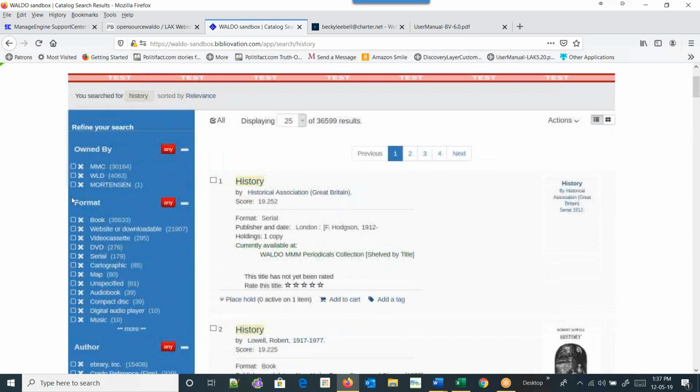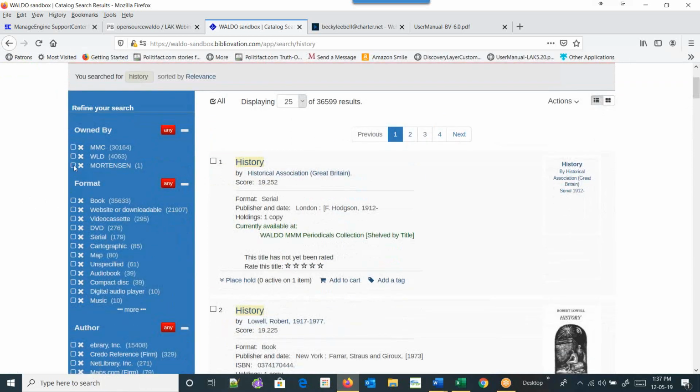You'll see that in addition to the checkboxes, there's an X. The difference between the checkbox and the X: if you click on the checkbox and there's a check mark, it means that that's going to be your limiter. If you click on the X, it changes so that it is an X in a white circle, and that means that's going to act as a not.